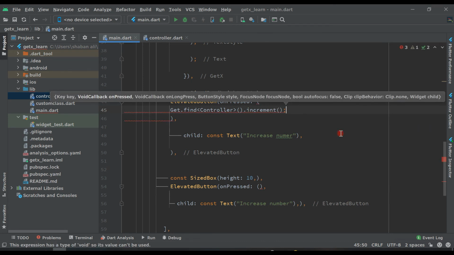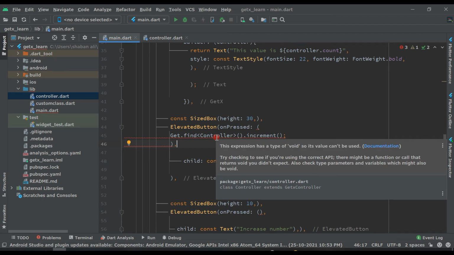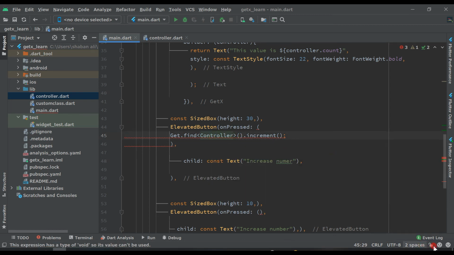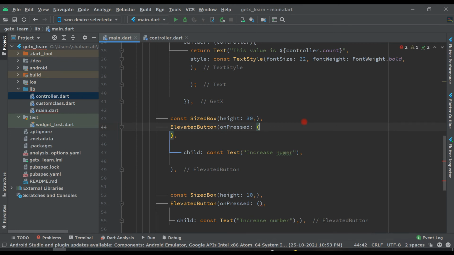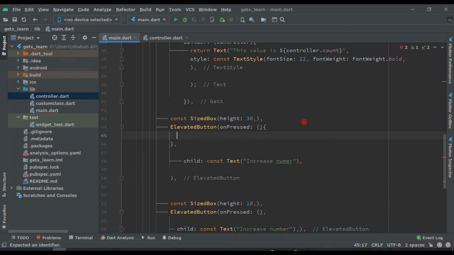I put semicolon, and it's showing error, the expression void type, because we are passing wrong, so cut it from here and make like this, and after this open two curly brackets, and inside this we have to pass this.